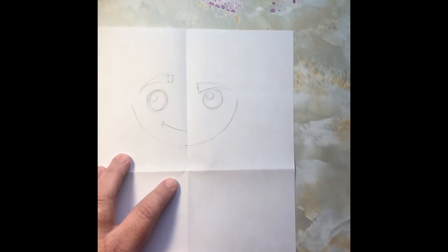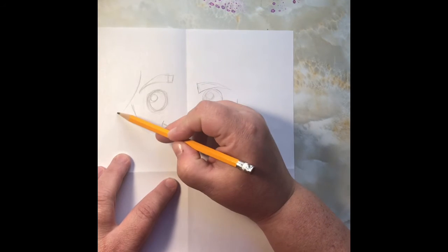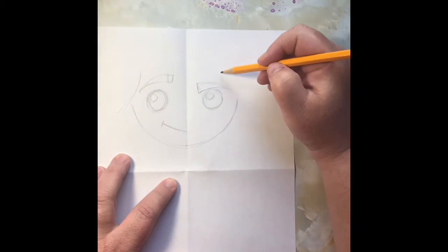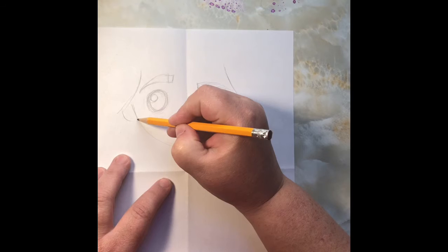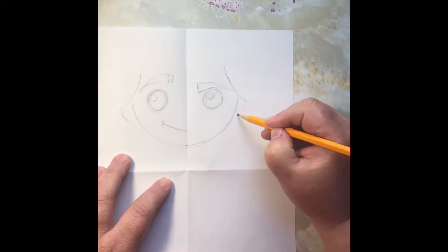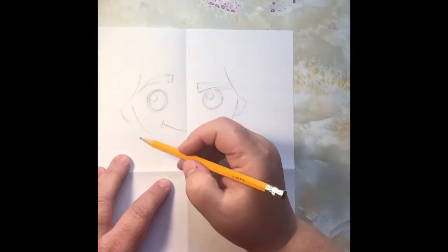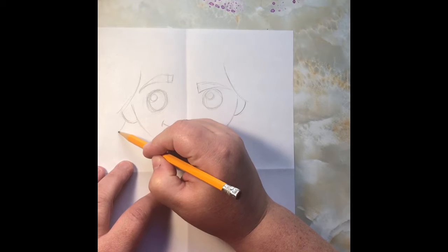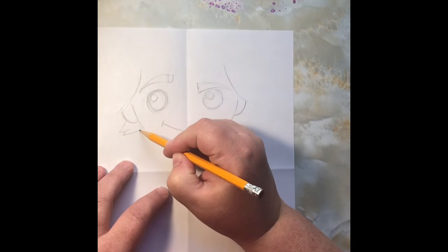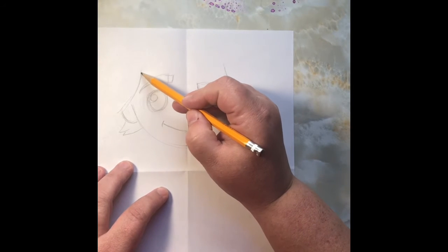And now we're going to work on some hair. Now, Han Solo has very floppy, shaggy hair. Probably could use a brush and a trim, but that's all right. He's still a lovable rogue. This is an ear. This is an ear. A little chunk of hair there. Now we're going to